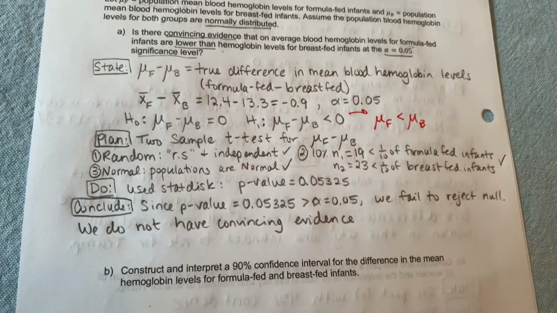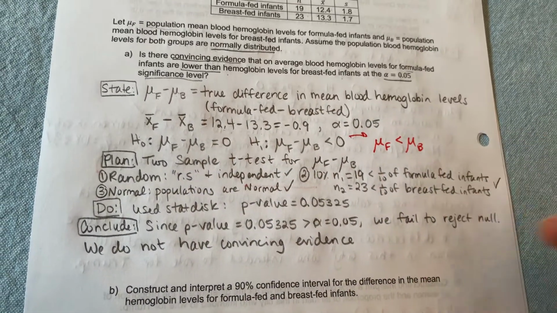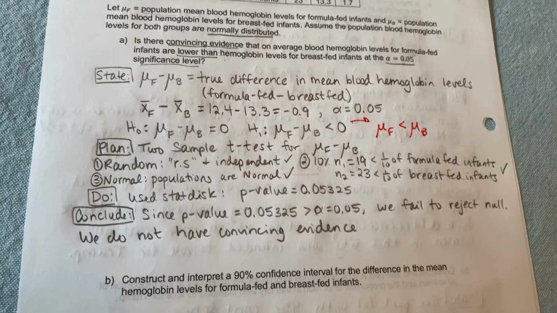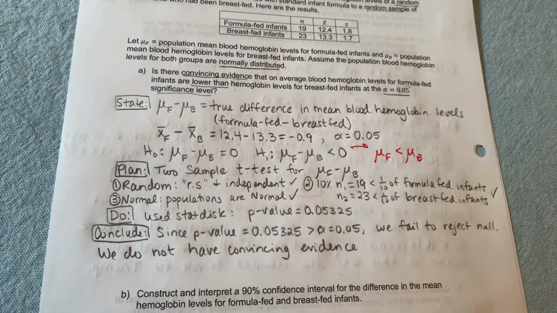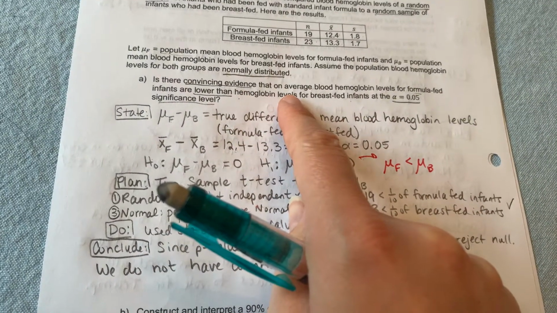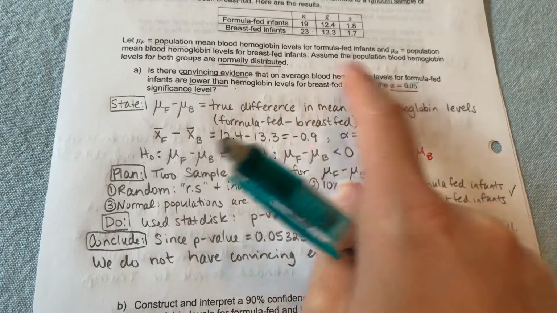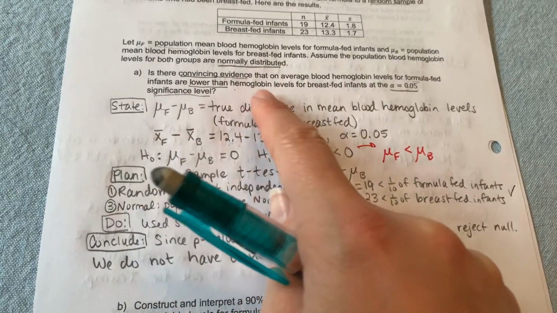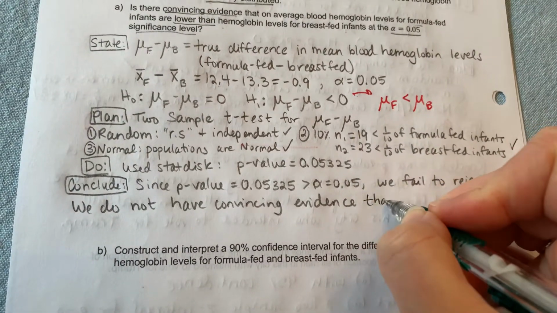Now I could say that the true difference in mean blood hemoglobin levels is not different. That's one way to put it. We also want to, or in this case, we want to try to match what the problem statement says. So we do not have convincing evidence that the blood hemoglobin levels for formula-fed infants are lower than those levels for breastfed infants. So that